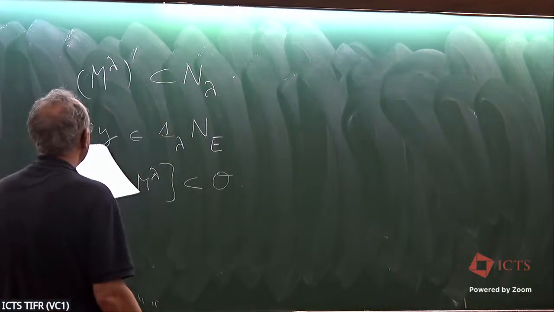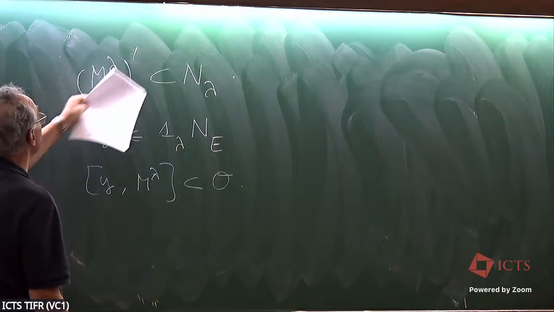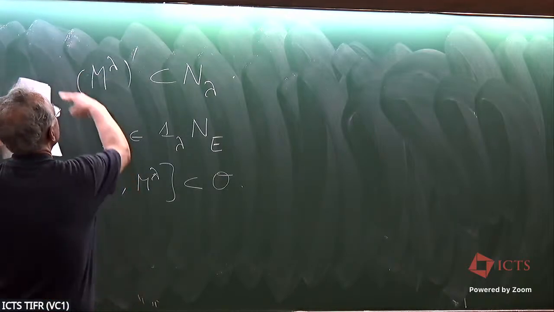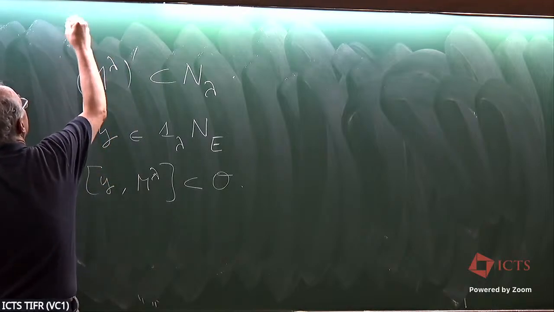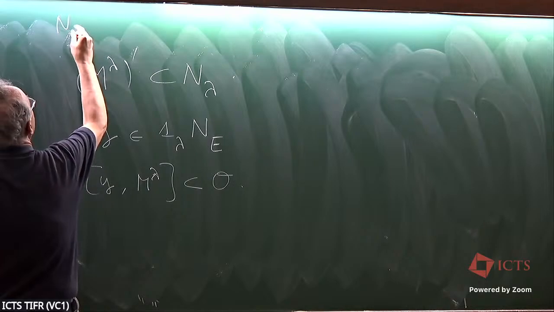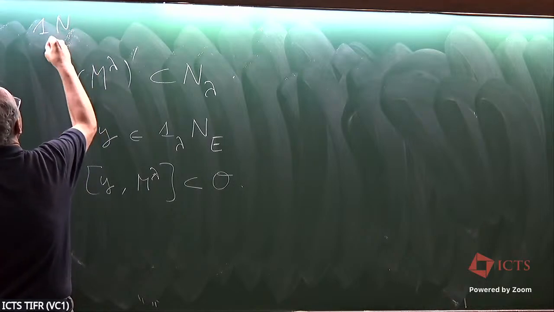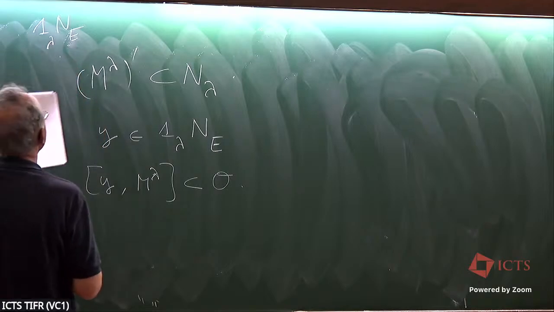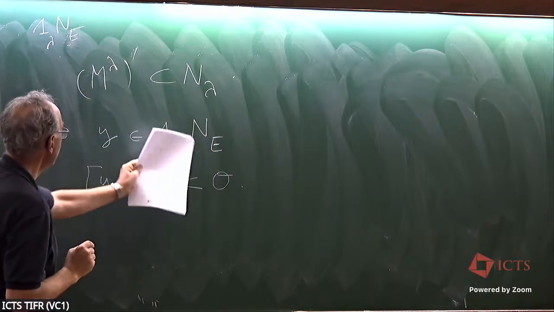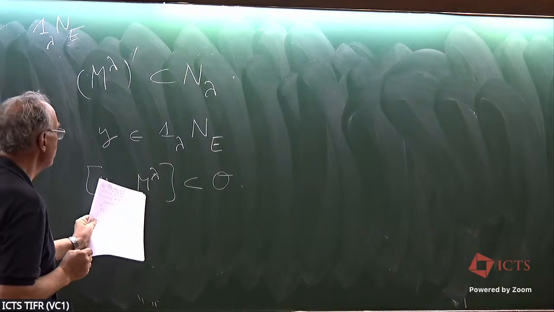In other words, I take an element here, because we know that this is contained in 1_lambda N_E. So I take an element of 1_lambda N_E, and I assume that when you pair it with M_lambda,